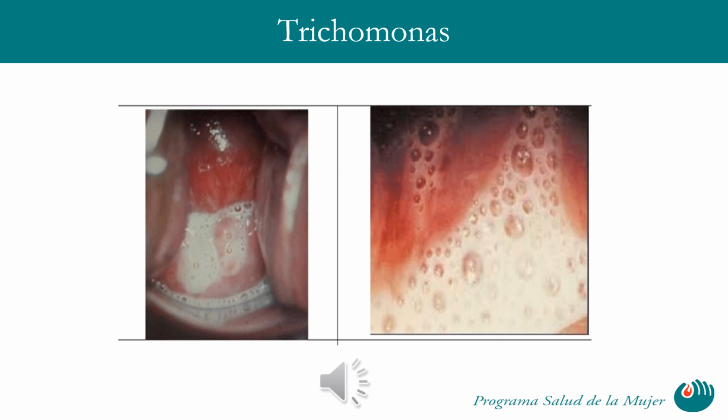This slide displays a clinical case of trichomoniasis, a common sexually transmitted infection caused by the parasite Trichomonas vaginalis, a flagellated organism enabling its motility and infection of the vaginal mucosa. In women, trichomoniasis often presents with symptoms such as a frothy yellow-green vaginal discharge with an unpleasant odor, genital redness, and itching. However, it's important to recognize that many individuals may be asymptomatic, making routine screening essential in women's healthcare,